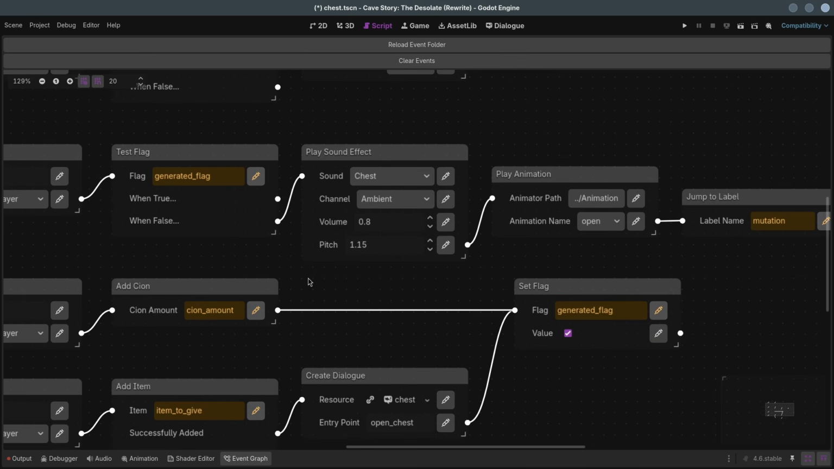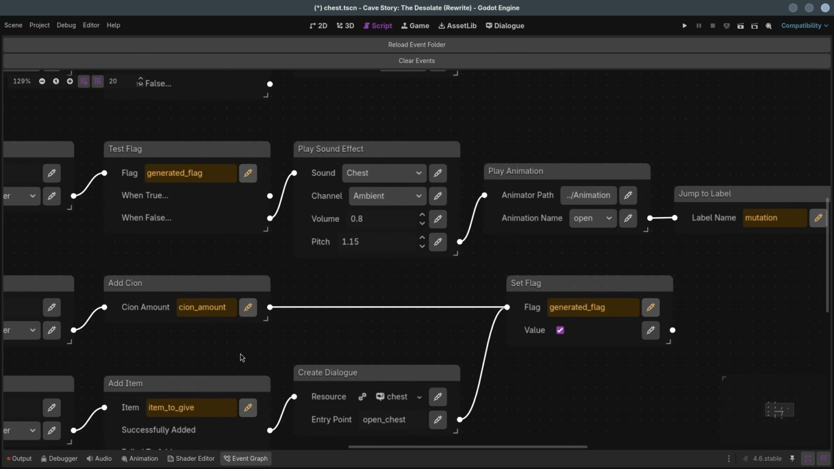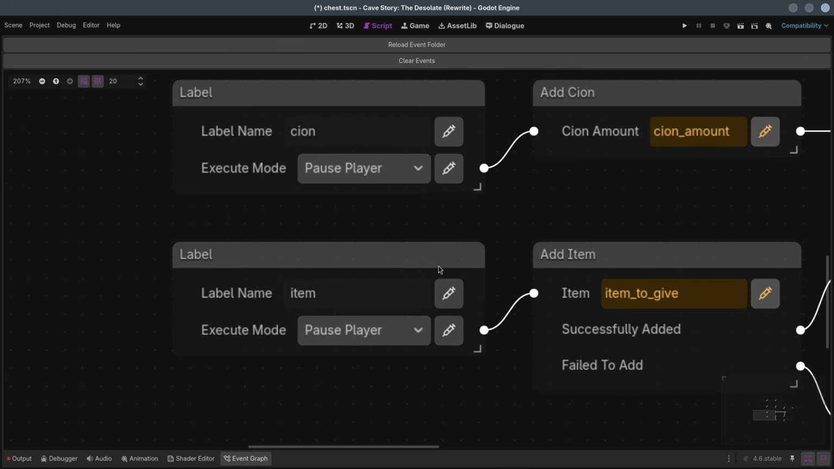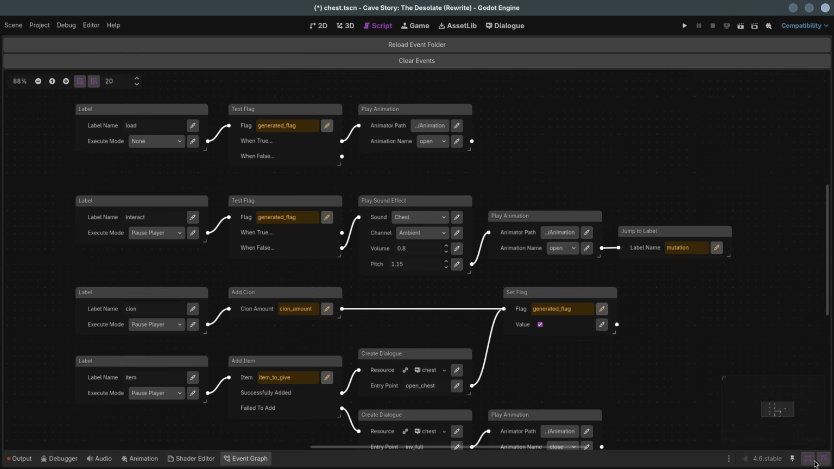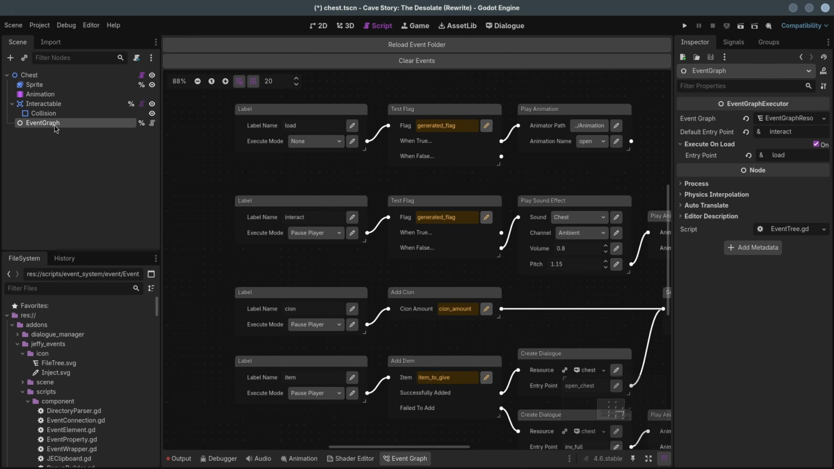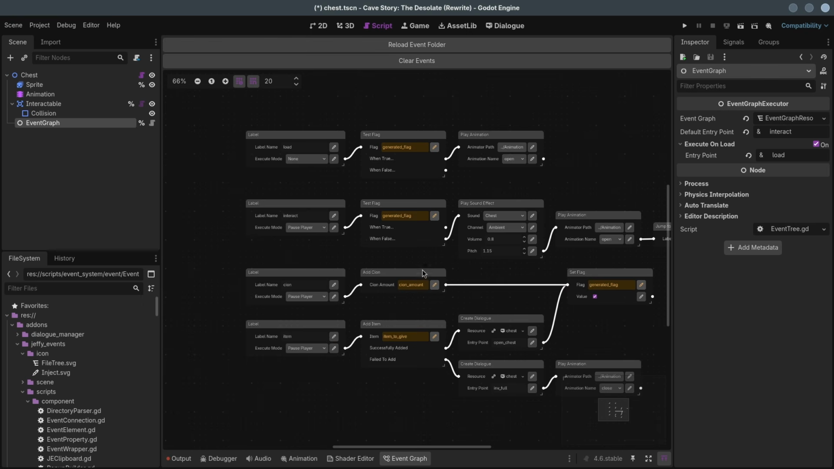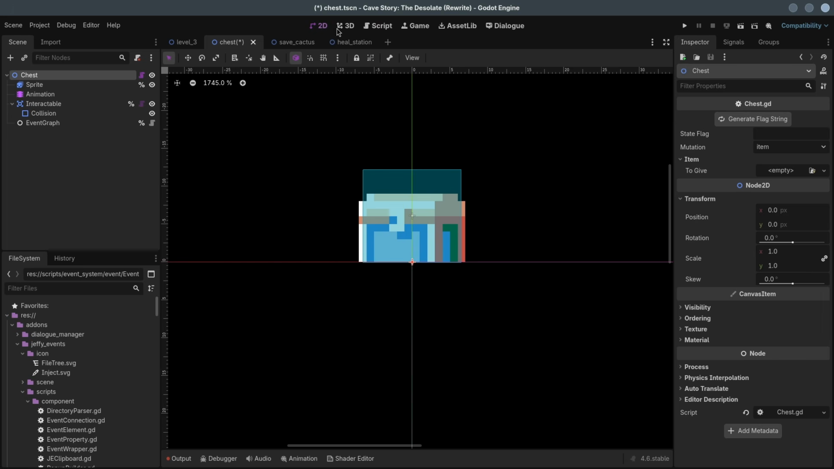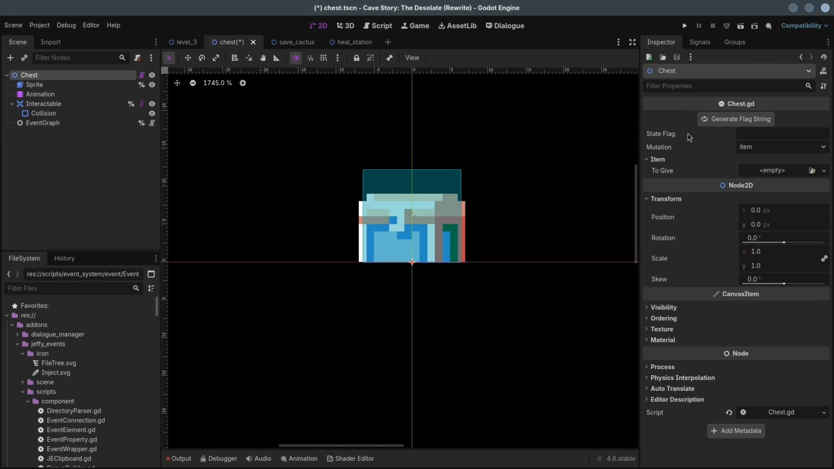So you may have noticed these orange fields in this event graph and this little syringe icon. You can mark any field in an event with a placeholder key, and that placeholder key can be anything. So at runtime, when you use the event graph executor node to execute the event graph, you can provide values to these placeholder keys. So if we look at the export properties for this chest here, you can see that we have a